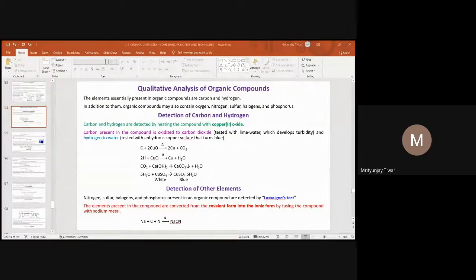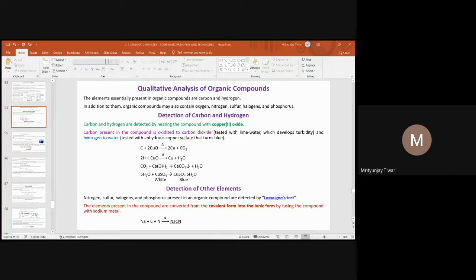So we take a combustion tube, we take the organic compound in the combustion tube, and we pass dry oxygen into it, and we heat this compound. We take dry oxygen so that the oxygen does not contain any water vapor, and other gases as well. So once we pass the dry oxygen into it, the oxygen will now react with this organic compound,